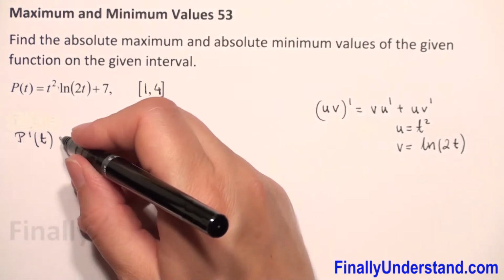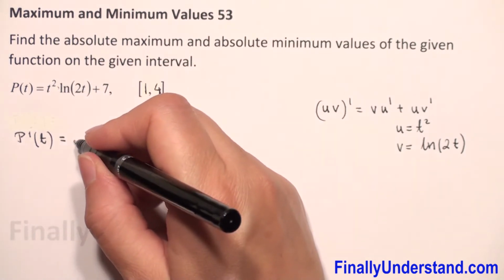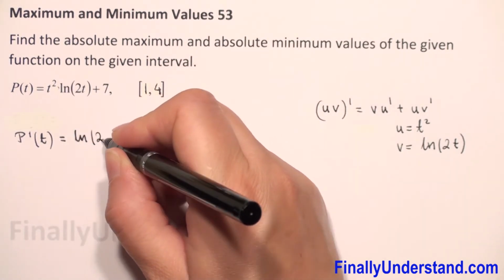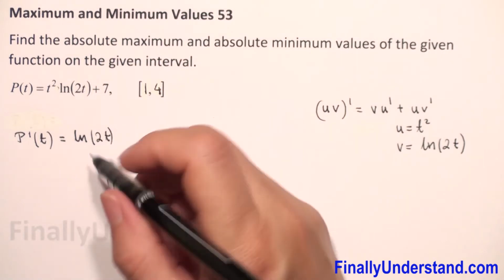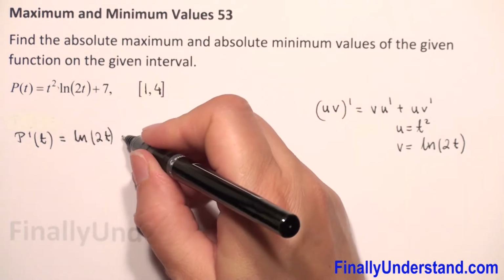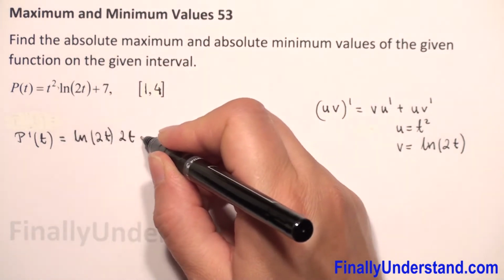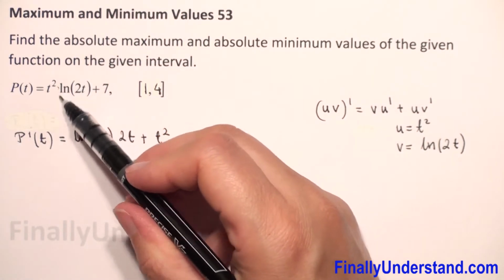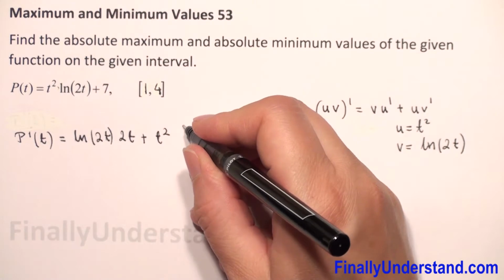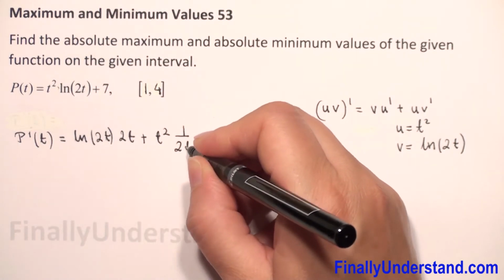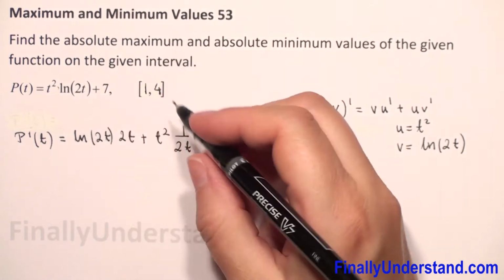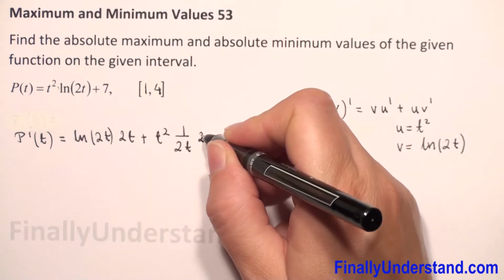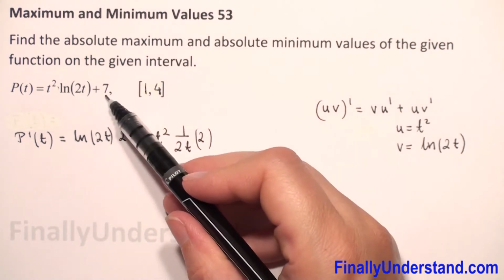So this is equal to natural log of 2t times the derivative of t square, which is 2t, plus t square times the derivative of natural log, which is 1 over 2t, times the derivative of 2t, which is 2, plus the derivative of 7, which is